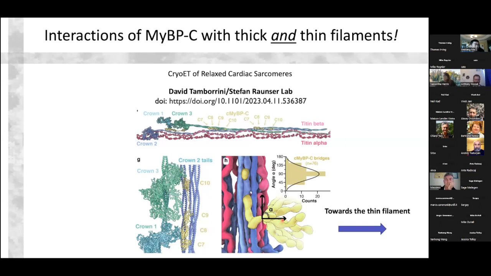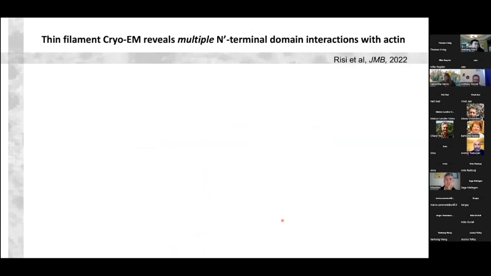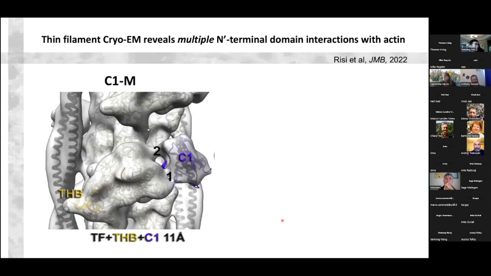It turns out that, working with Witold Balkan's group, who was just mentioned, and Christina Risi, we've spent quite a few years working on how the N-terminal domains of myosin binding protein C interact with actin. So we've gotten high resolution structures of different domains interacting with actin, so we can see these on the thin filament. And I'm not going to show all of this data, but highlight just one of Christina's recent articles, JMB